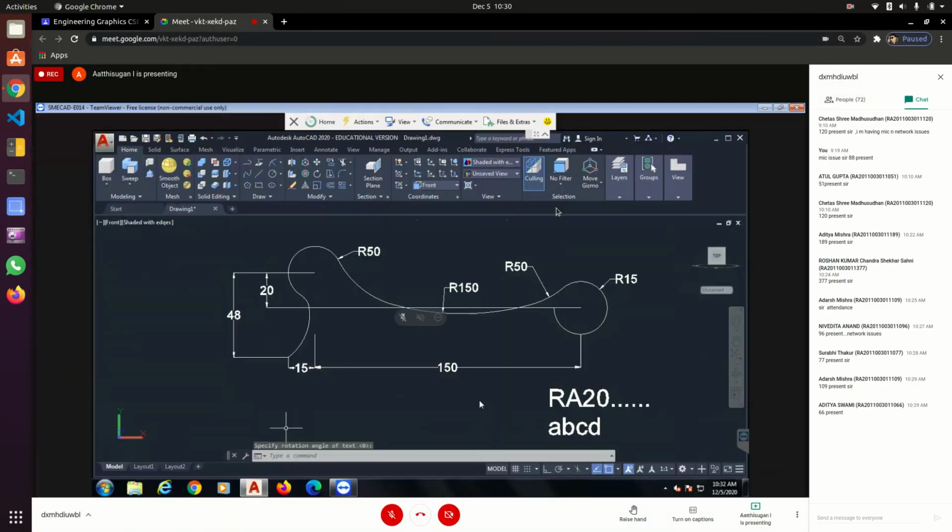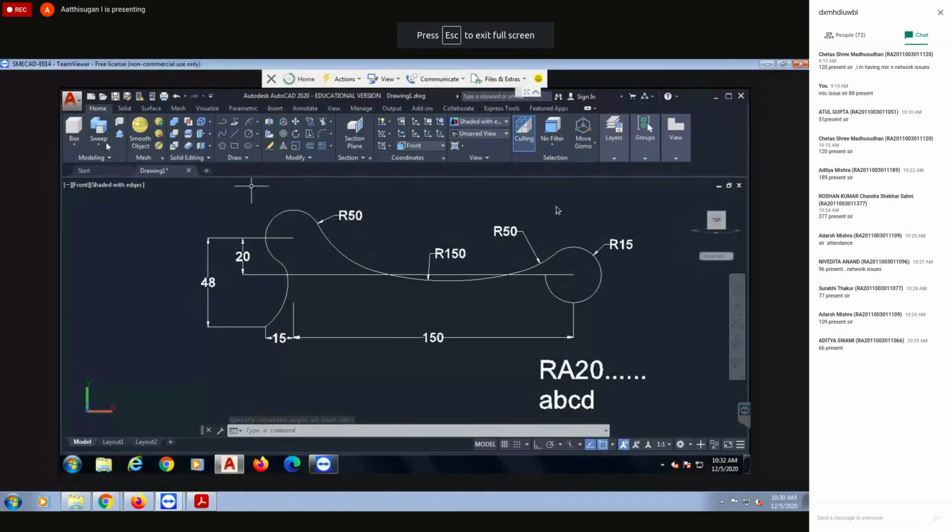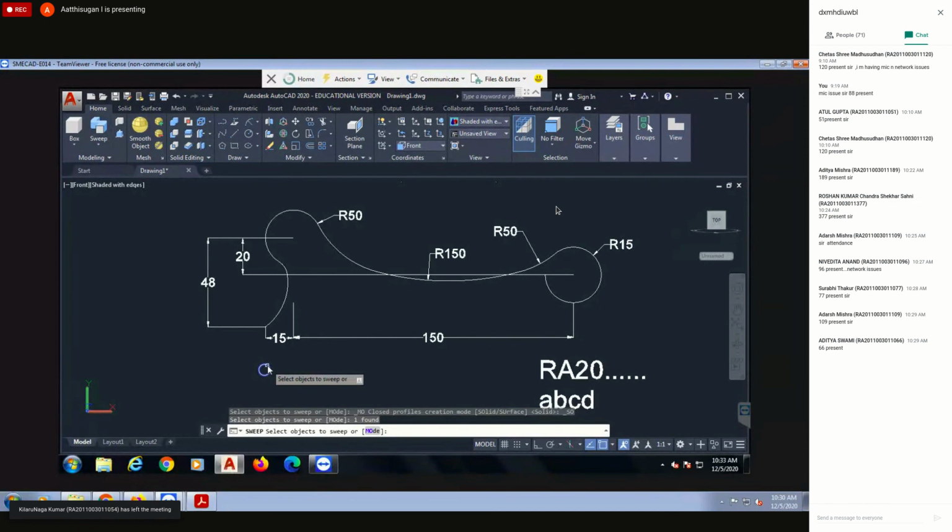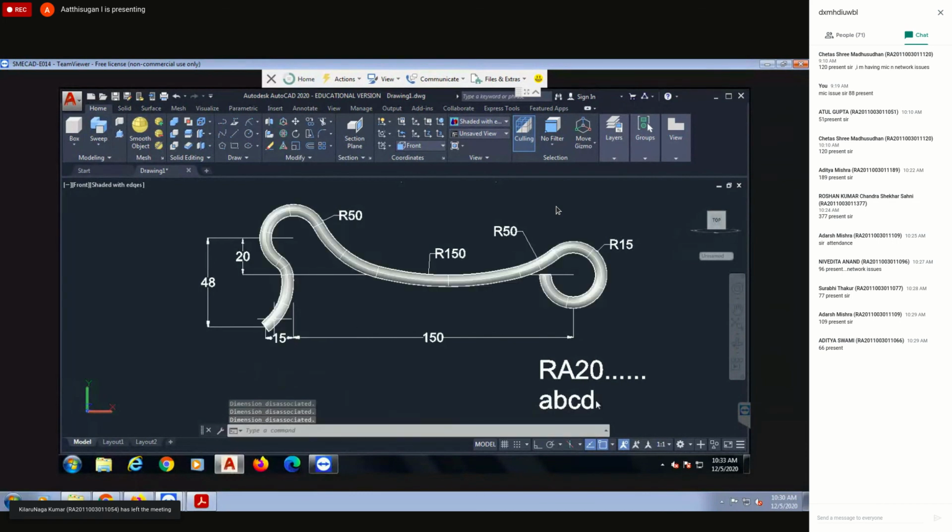In addition, after drawing everything and taking the screenshot, do sweep. Radius you can use, no problem. Or in 3D also you can take a sweep. If you want to take it two times, you can. Or in the 3D position like this, you can take one screenshot of the 3D image. It's okay. I want all dimensions to be visible in your question paper.